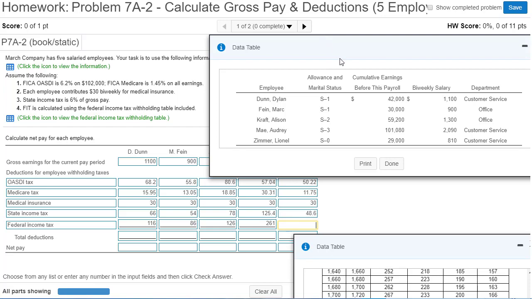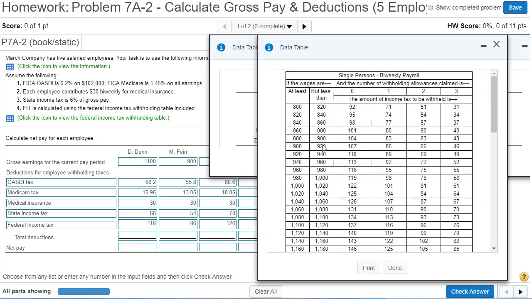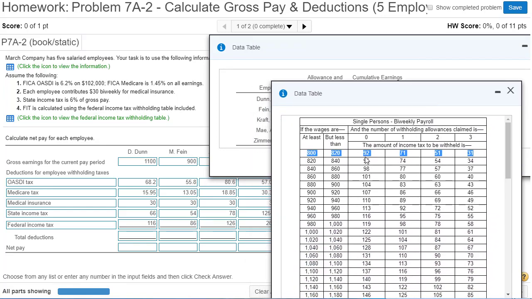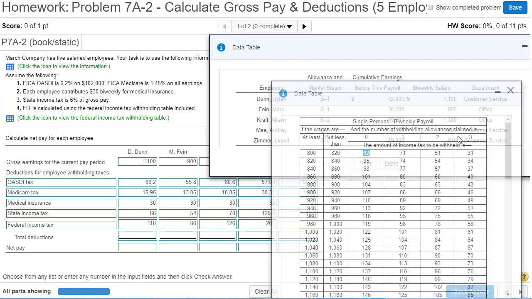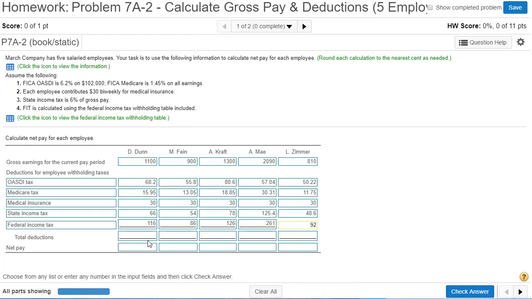And then our last person is Zimmer at 810. So we're looking at the first row. And Zimmer has 0 allowances, so it's the 92. Copy and paste. Now, total deductions. All the total deductions we're going to do is add up the total deductions for Done. We get